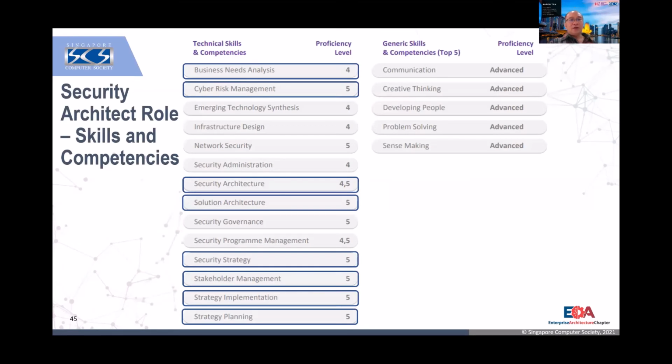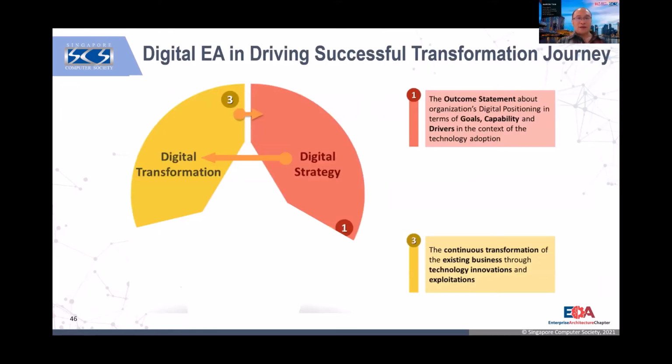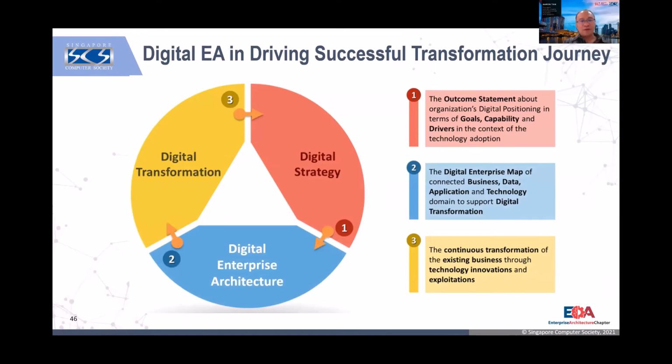So all these, the importance of the architect is very, very critical, because what happens in many organizations today is that if you don't have the architecture, they do the strategy and go straight into the transformation. Basically, it's executing a project. By right, they need to have some sort of digital enterprise architecture, so that they understand the strategy they are doing. They understand the gap between the current and the future state. Then from there, the gap is consolidated to be executed in the transformation project.